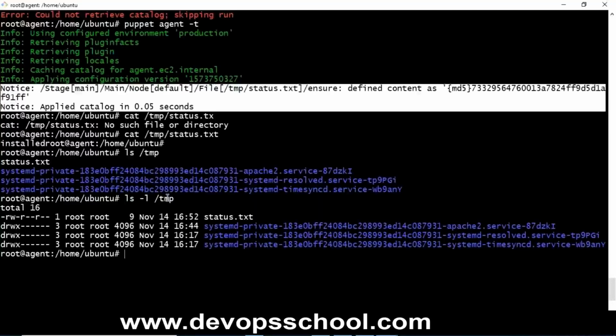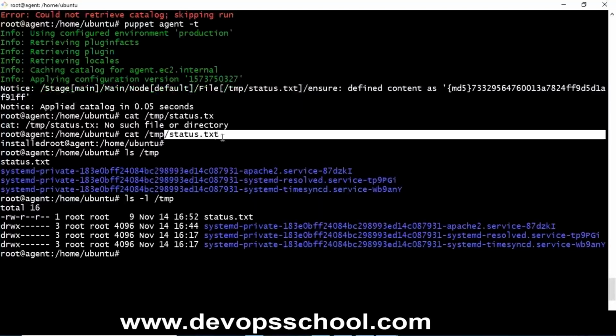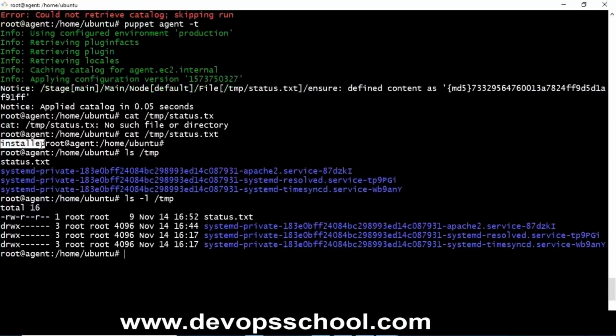And after that, if you want to verify, you can verify that my temp.txt file is created or not. It is created and it is having the value installed, and you can see the permissions with the help of ls -l /tmp, and here you can see the status.txt file, read and write permissions given to the owner, and read permission is given to the others and groups. Okay, so